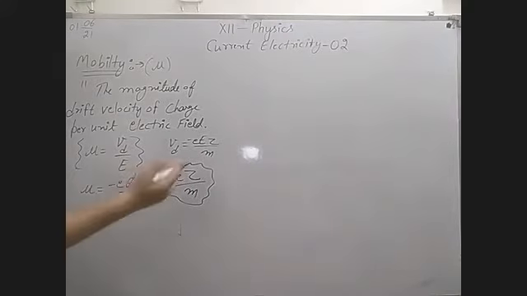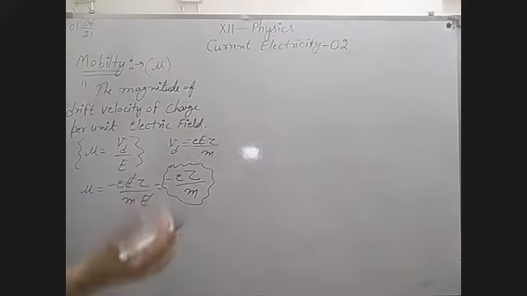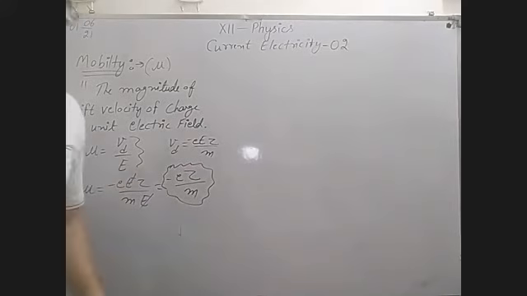If you want to calculate this in terms of voltage, that is potential difference, then not in potential term, because E and E cancel. There are only two formulas you have to remember. These two. This is the mobility of electron.